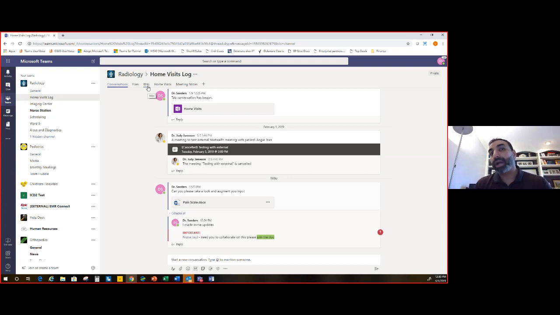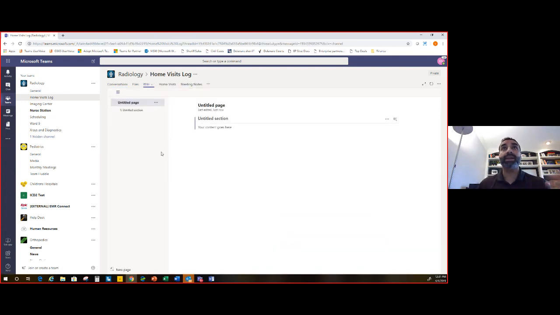That might be one way. Another way is that, especially when we have meetings and collaborations and discussions, it's not so much that we have a document that we're trying to produce together, but that we're trying to actually just bring our notes and our ideas together to be able to bring them into a cohesive place. So an example of doing that would be to be able to embed a wiki, to just be able to have a wiki against this home visits log. And so I can just quickly, as we're discussing or talking or even have a meeting for this group, go ahead and add a wiki here to say,